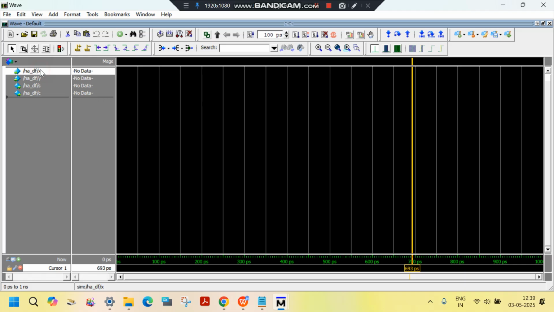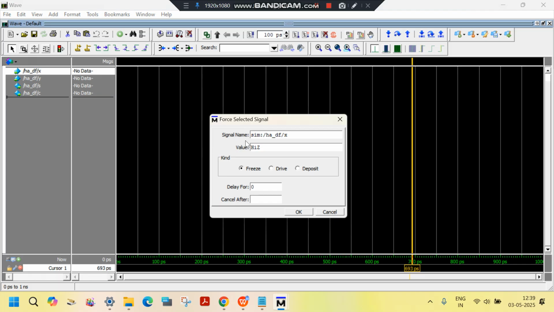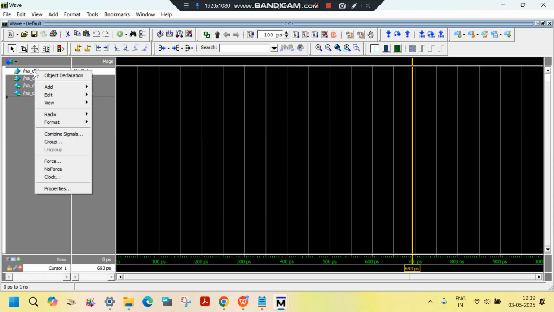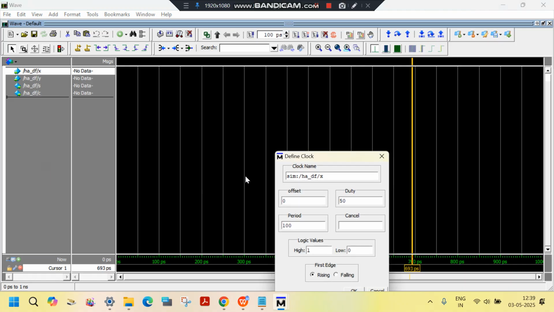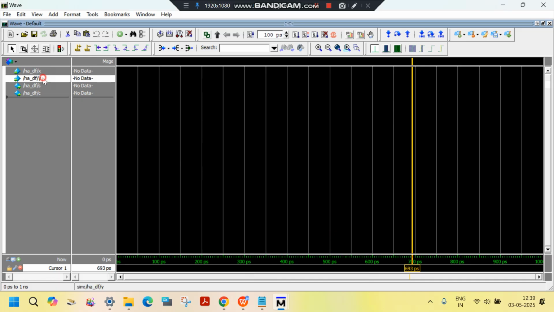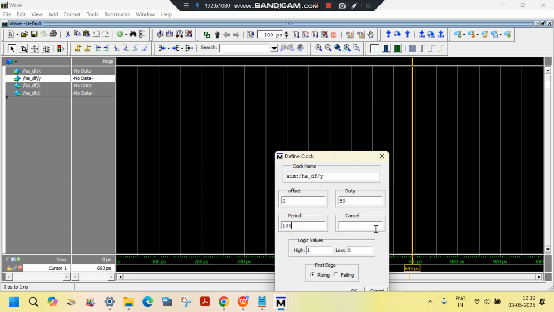We have to give the input. Here we will do the right click. Either you can use force and assign it as 0 and 1. Here we can assign it as 0, and we will do deposit and do OK. We will make a combination of 0 0, 0 1, 1 0, 1 1, or we can take a time period. For that, we will do right click and press on clock. First for the clock we will take a time period of 5 and press OK. And for the next input y, we will take a clock with a period of 10